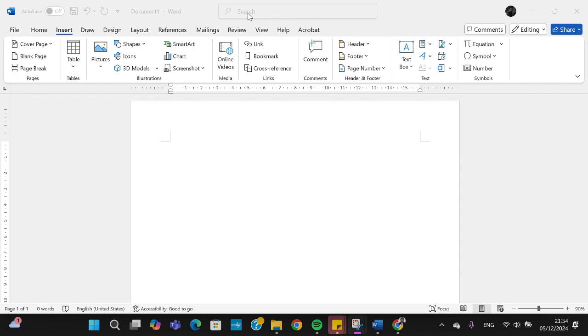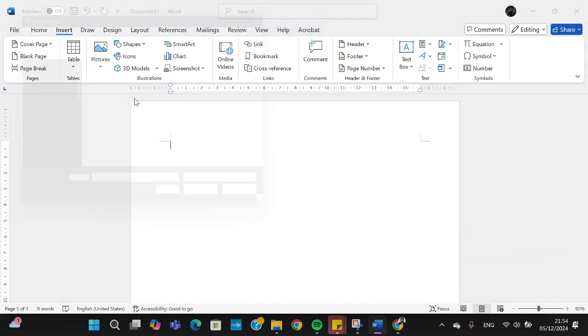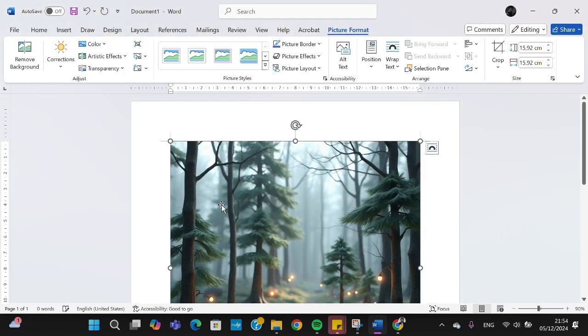I have opened my document in Microsoft Word, and first of all I'm going to insert pictures. I'm going to go to the Insert menu and then select Pictures, and I'm going to select My Device. Then I'm going to select a picture from this device, for example this one, and I'm going to crop it